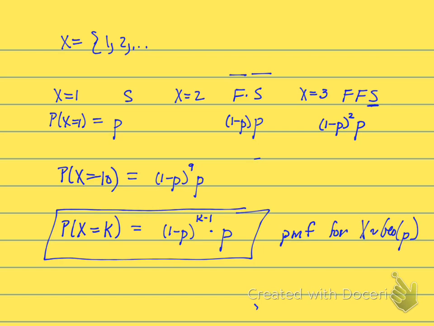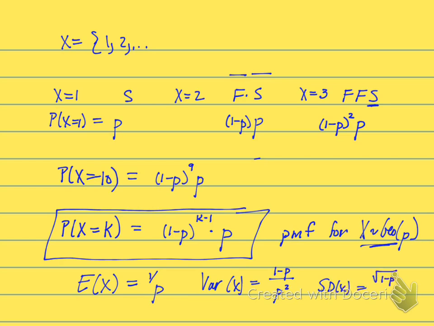Also, the expected value of x in this particular random variable whose probability of success is p is 1 over p, and the variance of x is 1 minus p over p squared. This means the standard deviation of x is the square root of 1 minus p over